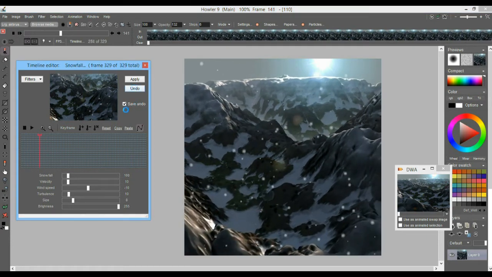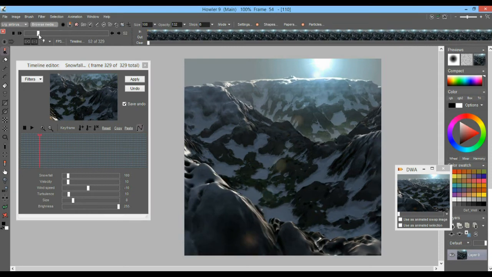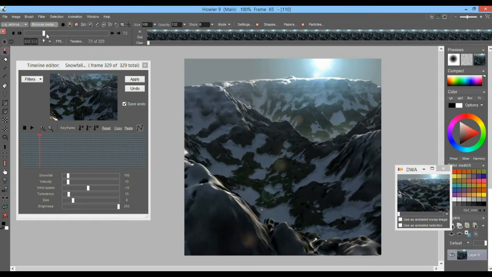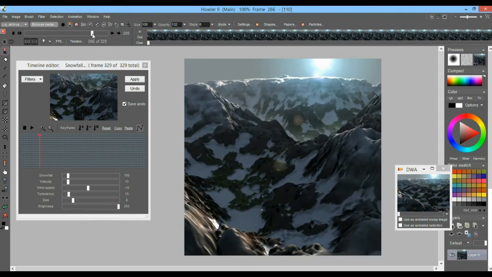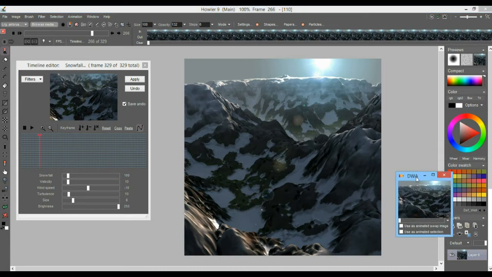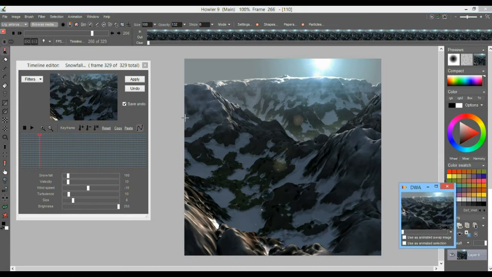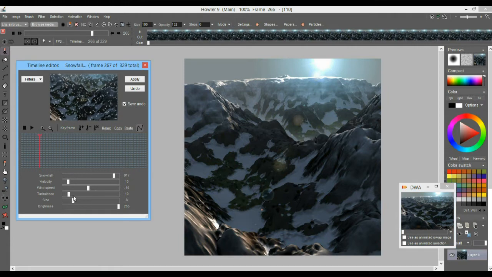Make sure you have the save undo enabled here, so even though it takes a little extra time, it will give you that ability to go back to it. Another option is to have it stored, and then you can just click here and that will restore it. But what you do is you essentially work with these parameters here, the amount of snowfall, the size of